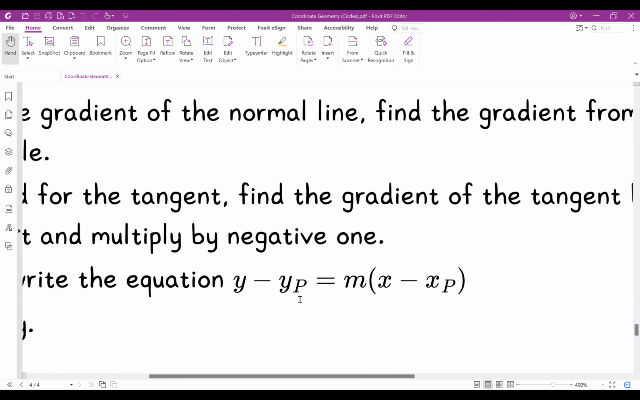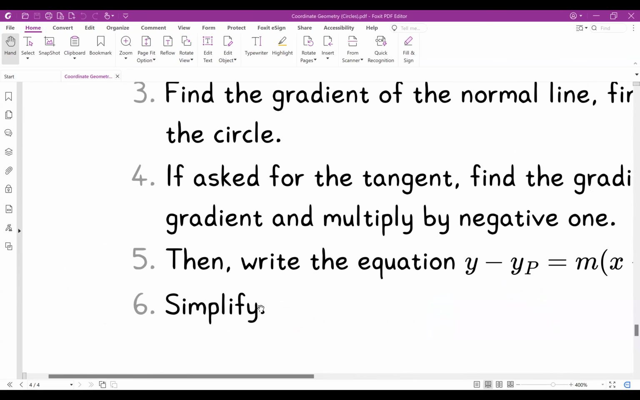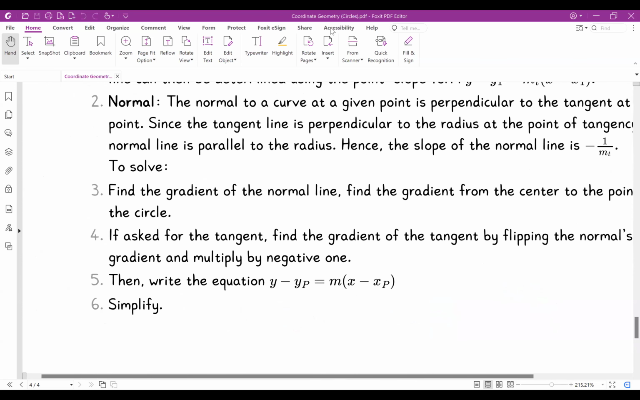Remember that it's the same thing as y equal mx plus c, but this is without finding c. This is just the gradient and the point that they gave you. When you do that, you're going to just simplify your answer to get it in the form y equal mx plus c, and I'm going to find an answer, okay? So